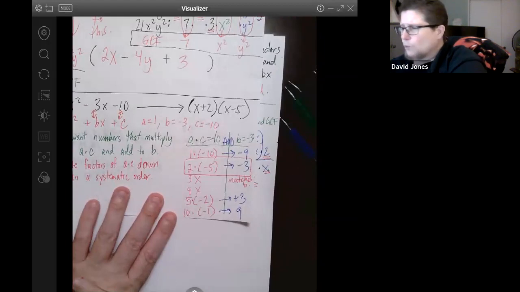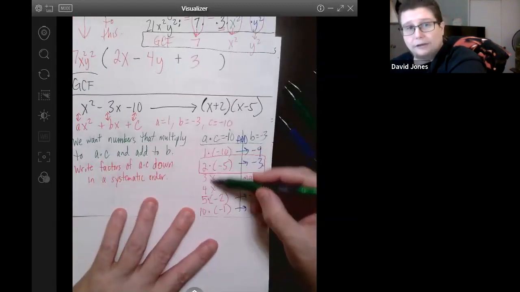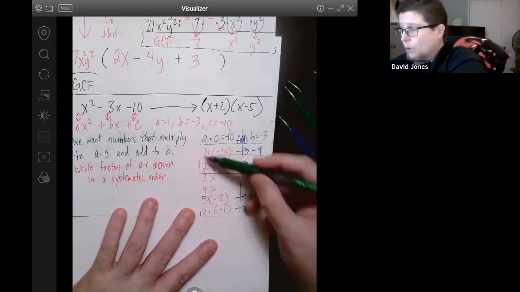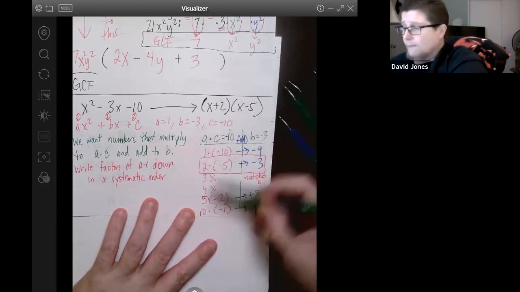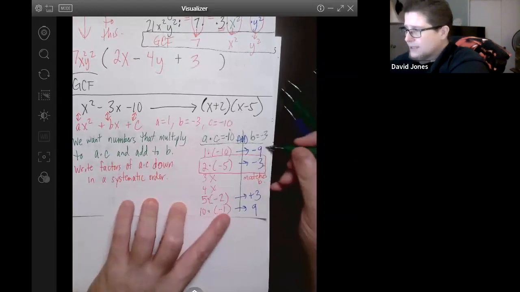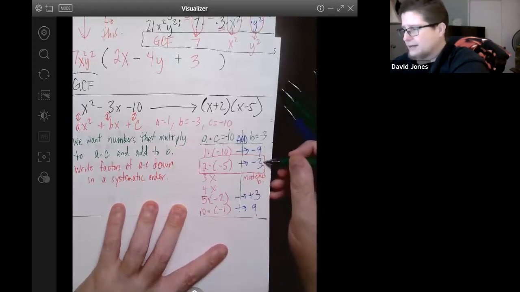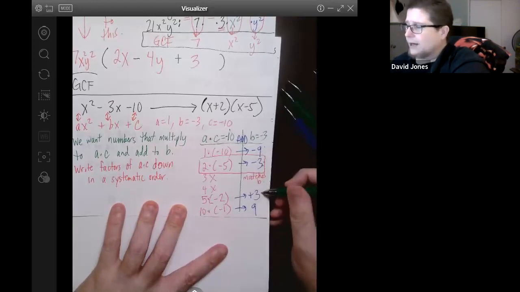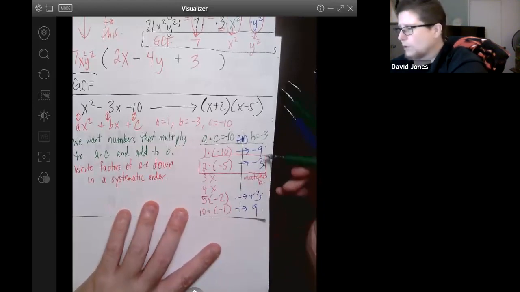The other thing I want you to notice is that if you do this in an ordered manner, like I did, 1, 2, 3, 4, 5, I stopped writing down the ones that aren't factors, but if I keep it organized and always going up, notice this list is always going up. -9 is lower than -3, -3 is lower than 3, 3 is lower than 9. So this will always rise,